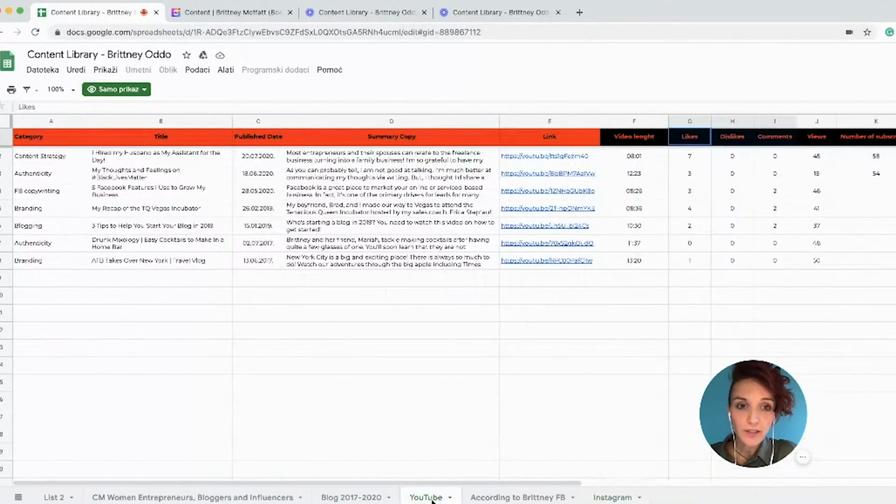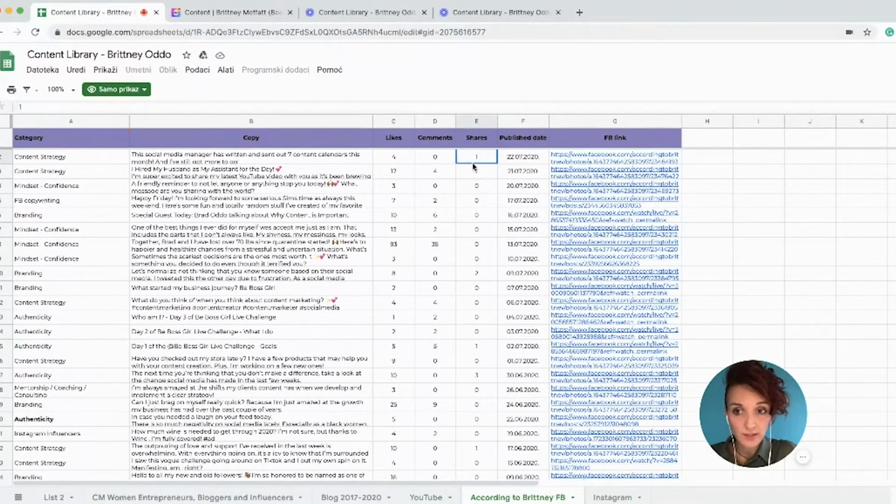We are tracking the views, dislikes, and comments from YouTube videos. We are also tracking how many shares a post had. It's very useful for us because later on we know how to repurpose those things for further publishing. Our content library is mainly created by category column, the copy,